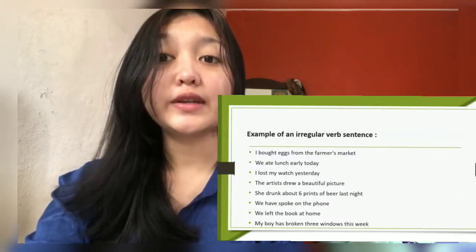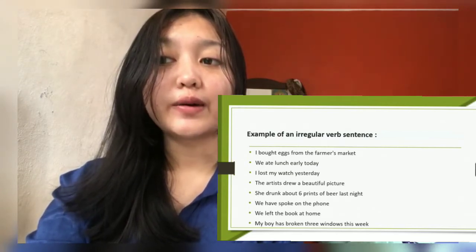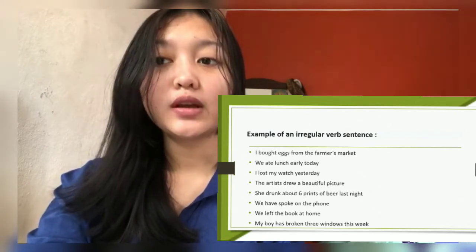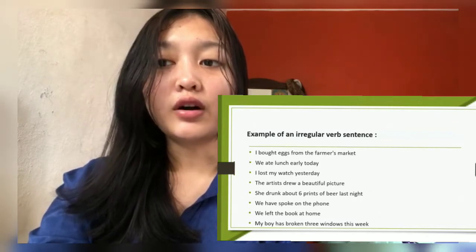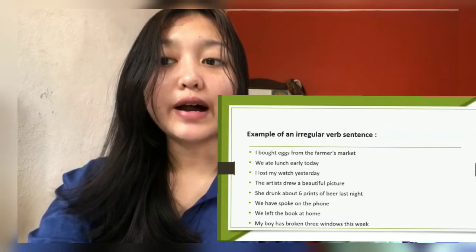Hello, here I will continue the explanation of the material from my friend. Examples of irregular verb sentences. Number 1, I bought eggs from the farmer's market. Number 2, we ate lunch today. 3, I lost my watch yesterday. 4, the artist drew a beautiful picture. 5, he drank